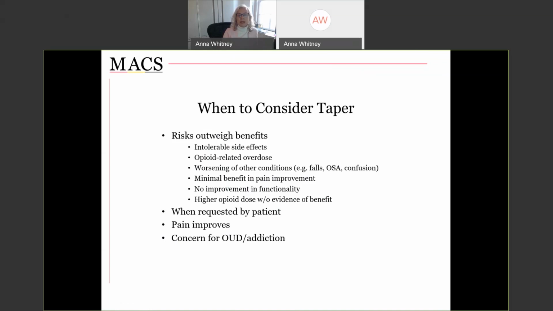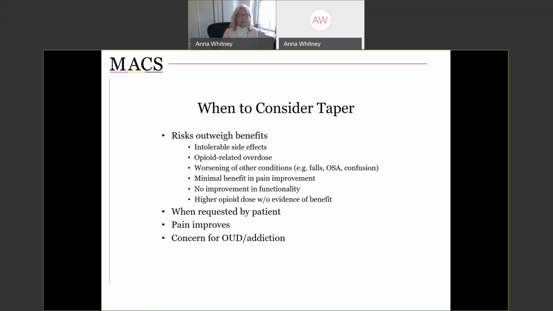If somebody actually has an opioid related overdose, that certainly is a clinical situation in which you would want to really talk to the patient about the risks possibly outweighing the benefits at that point. If there's worsening of other conditions, for example, if the patient is experiencing falls or worsening of obstructive sleep apnea, having confusion, those are signs that perhaps the adverse side effects of the opioids may be outweighing any